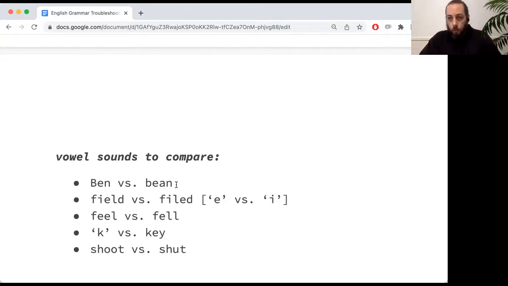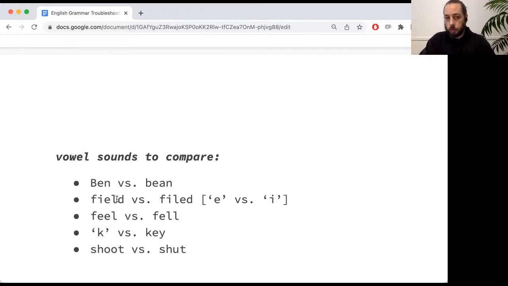So what can you do? One of the things you can do is make sure of your mouth position here. So take a look. Ben, mouth is more closed, Ben, versus bean, bean. All right, try that out. Ben, bean. Okay,